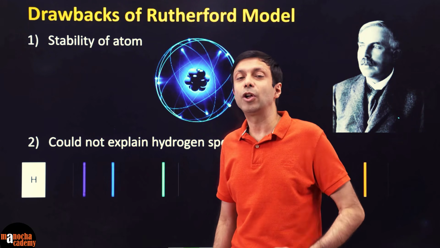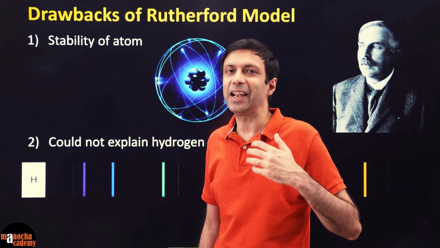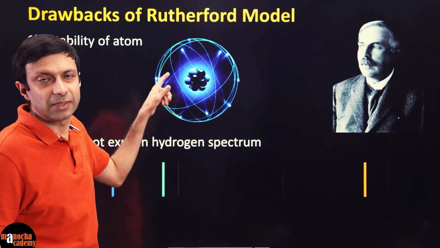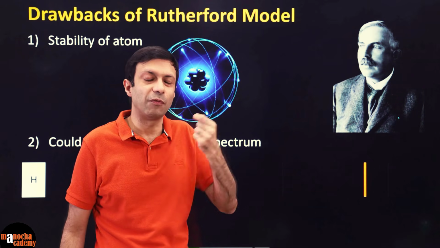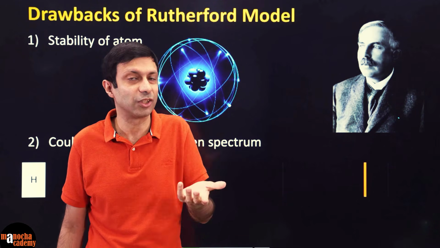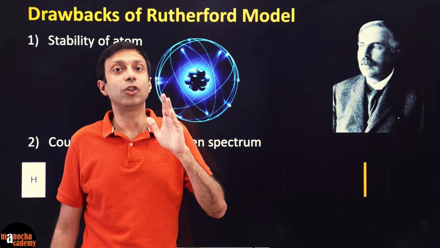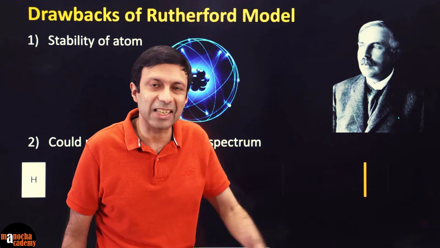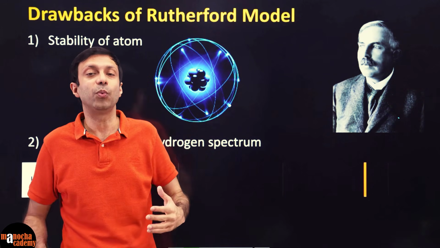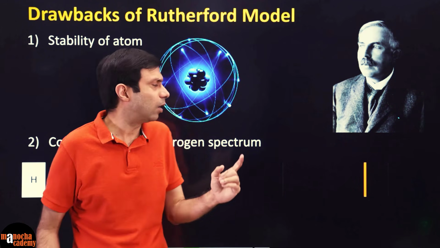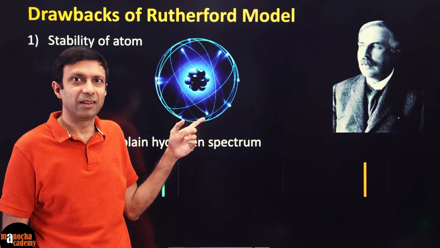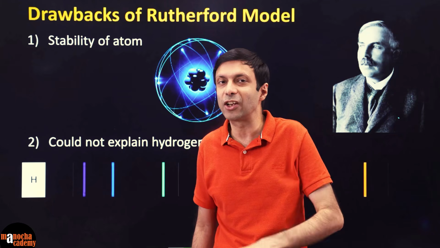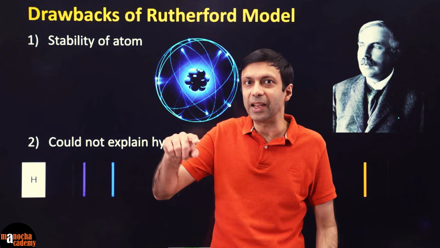Why is that? Because according to Maxwell's electromagnetic theory, when electrons are revolving around the nucleus, you basically have charged particles revolving around the nucleus, right? Because electrons are negatively charged. And according to Maxwell's electromagnetic theory, when a charged particle is under acceleration, it will give out energy. So are these electrons accelerating? The answer is yes, because even if the electrons are moving at constant speed, they are going in a circular